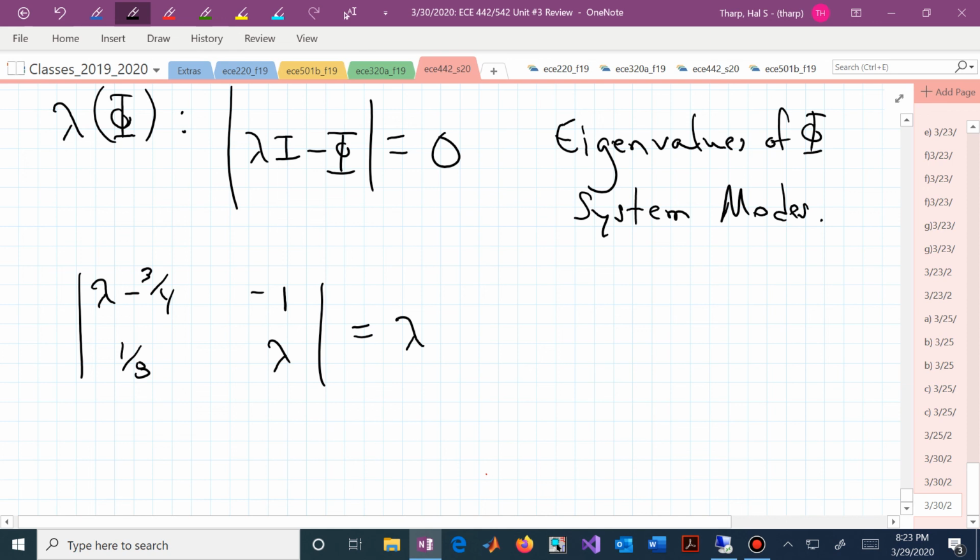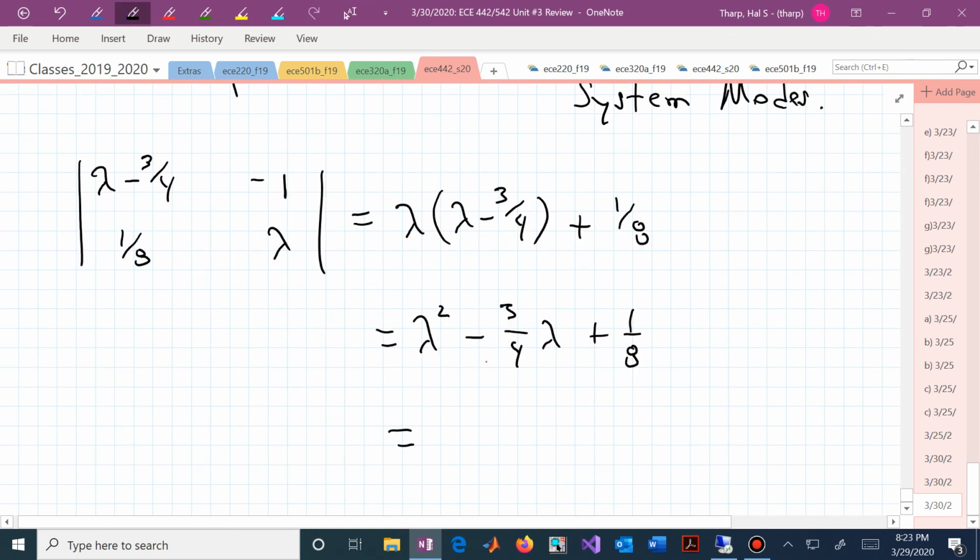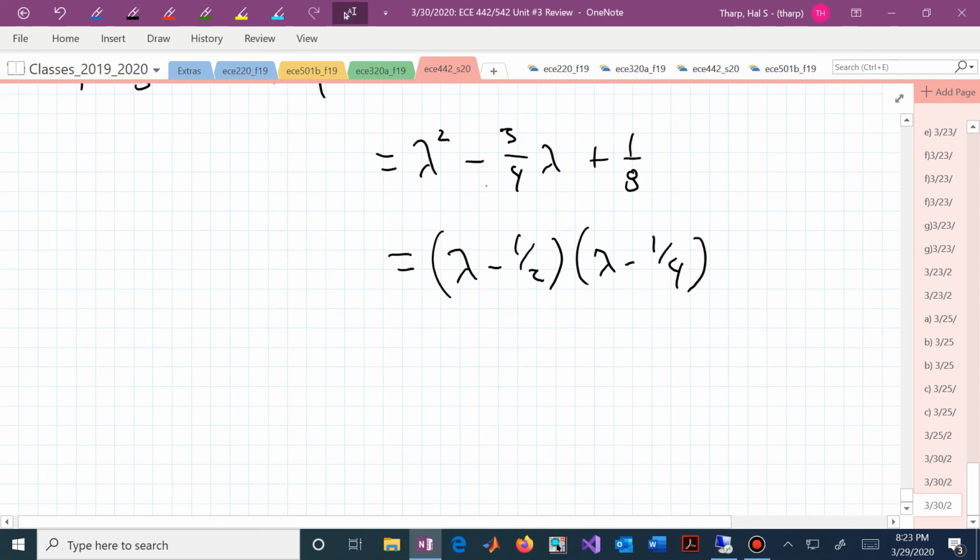We now say, okay, it's the product of the diagonal terms minus the product of the off-diagonal terms, which is minus 1/8. This now becomes lambda squared minus 3/4 lambda plus 1/8. You could put that into the quadratic formula and solve, or if you see that it factors, you see that one system mode is 1/4, one system mode is 1/2,